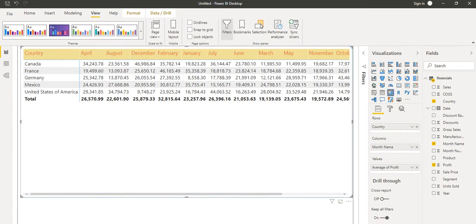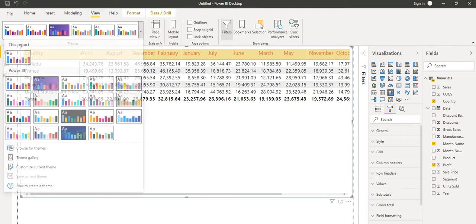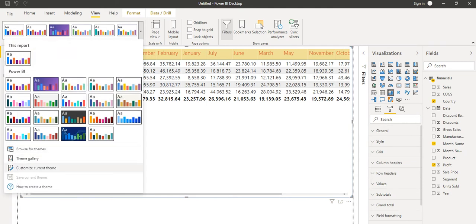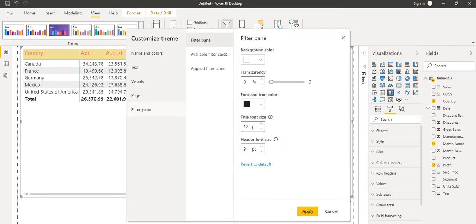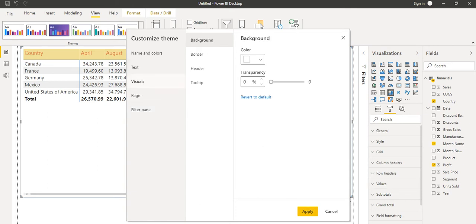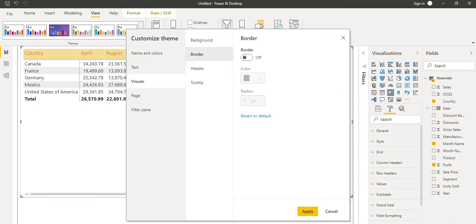And if we want to do some formatting all over this, we would have to go every time and increase the font size and so on. Instead, just go into the View tab, and here if you go to customize current theme, from here you can increase the filter pane transparency, background color, header font size, pages and border.